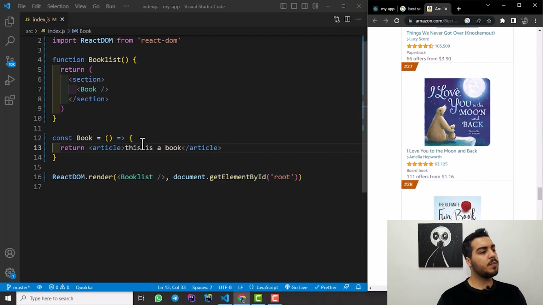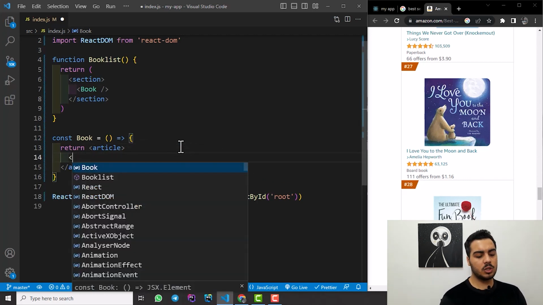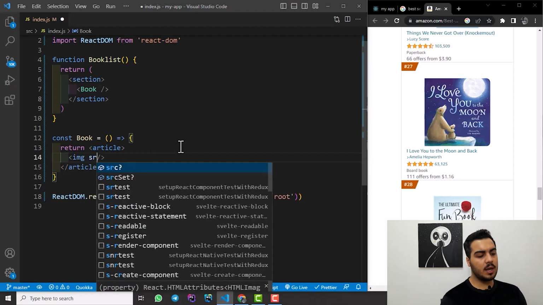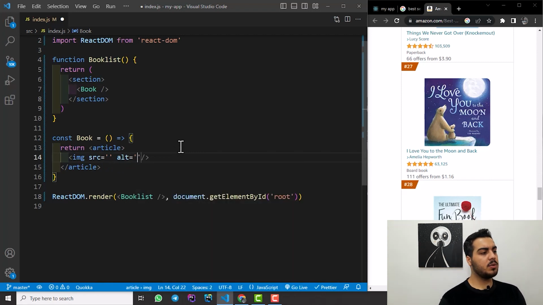We are working with them. So I want to remove these. This is a book, and I'm putting 3 HTML tags for our mini project. First, I should start with the img image tag for our picture, and we have src and alt attributes in our